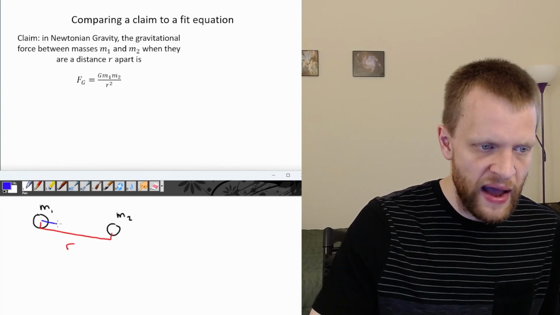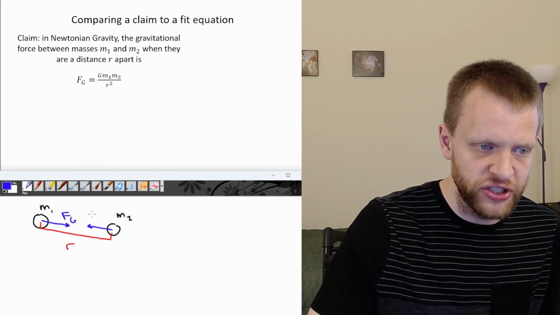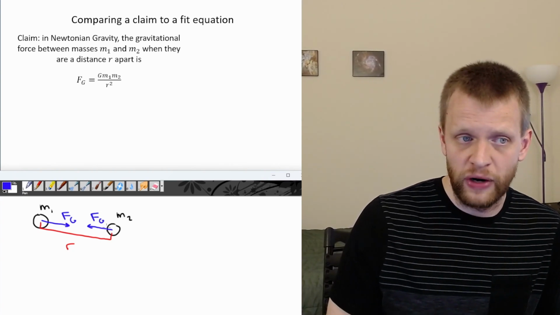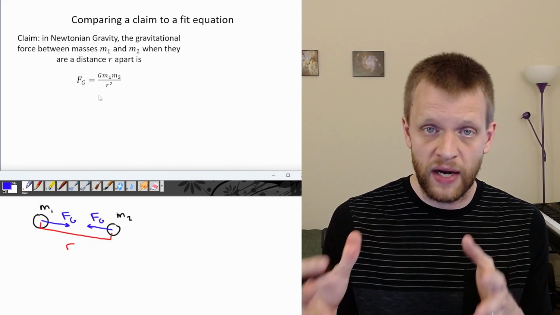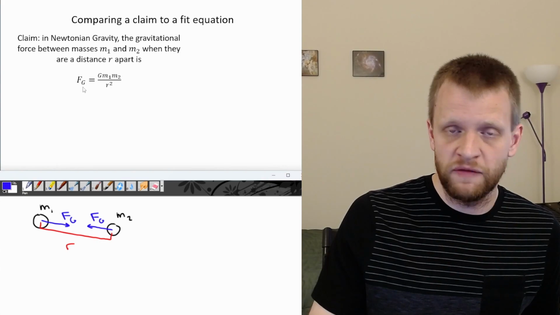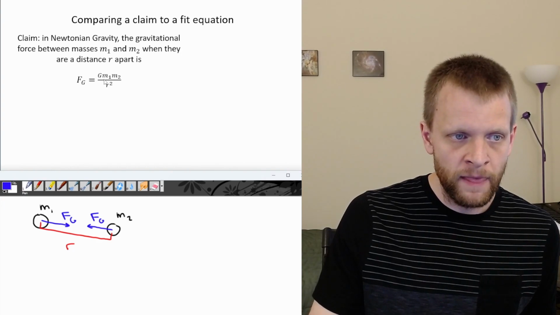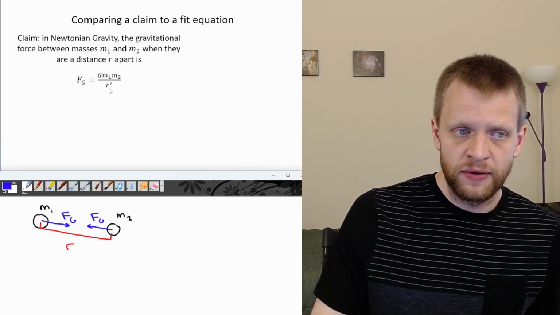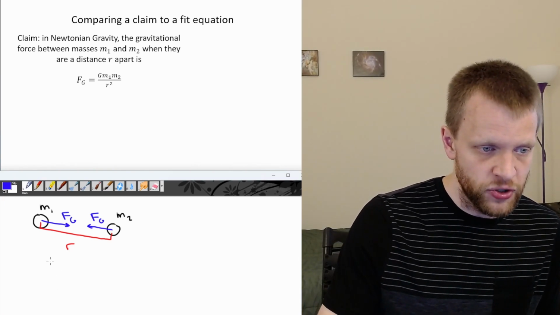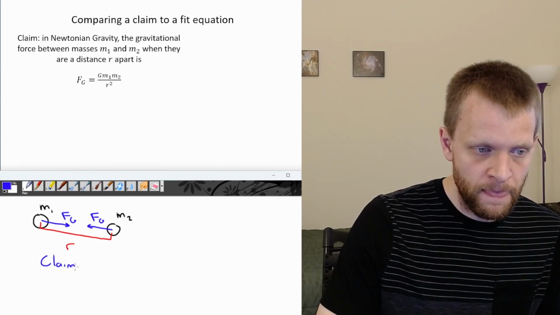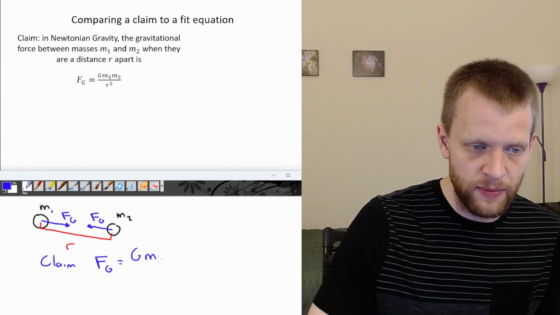And we want to know how strong is their gravitational attraction. If we have this force of gravity that's pulling on the two objects, how strong is that force of gravity? And again, the claim is, the equation that Isaac Newton came up with is the strength of this force of gravity should be this capital G, this constant value, times the two masses divided by the separation distance between those masses squared. So this is our claim, that our force of gravity is equal to capital G times m1 times